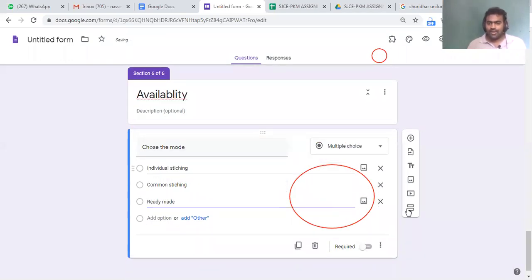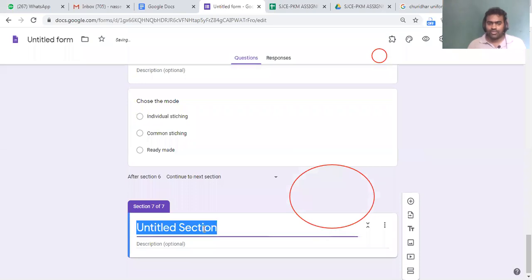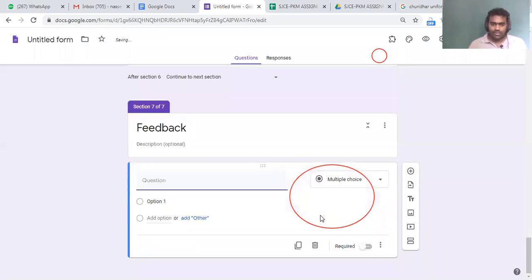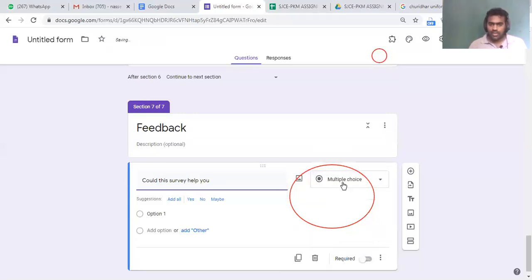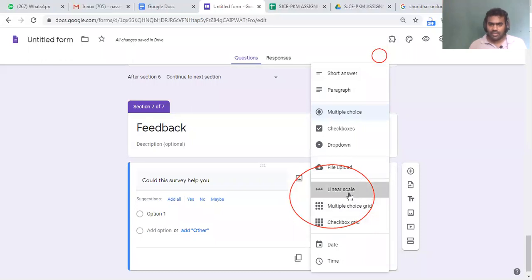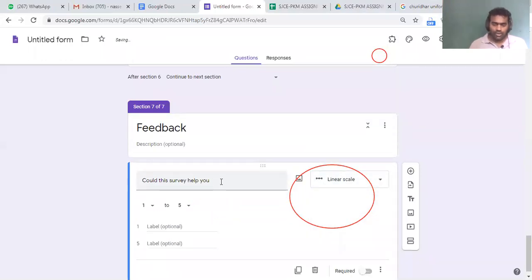Okay, now finally I'll add one more question. Feedback. Okay, could this survey help you? Then I'll make here a linear scale. How do you rate this survey?